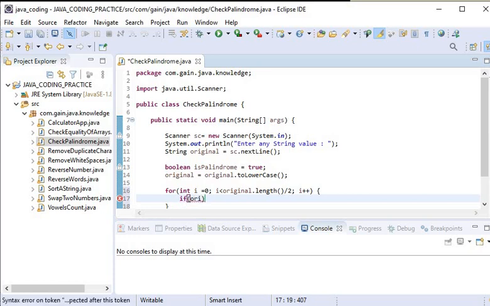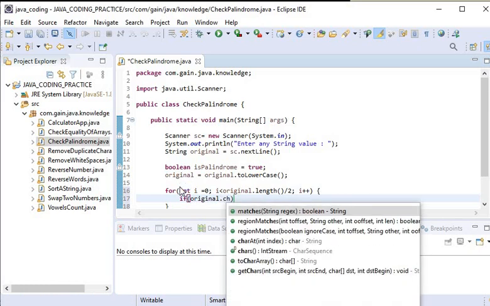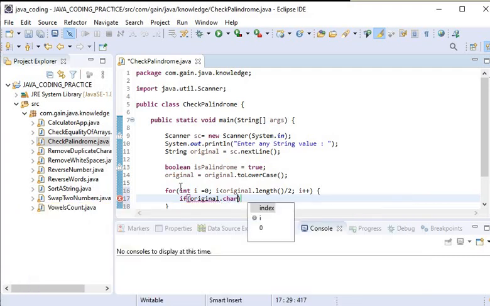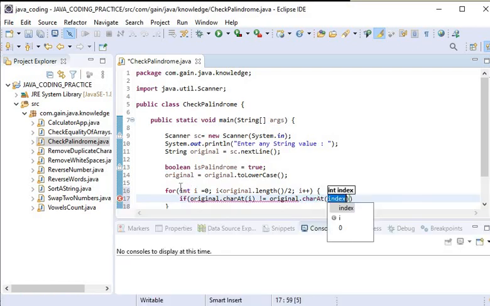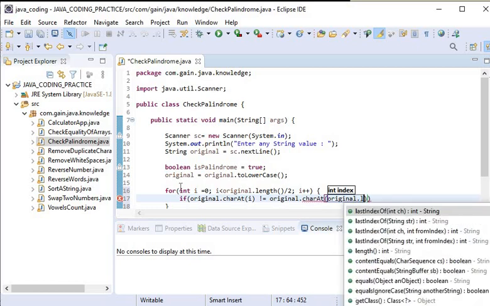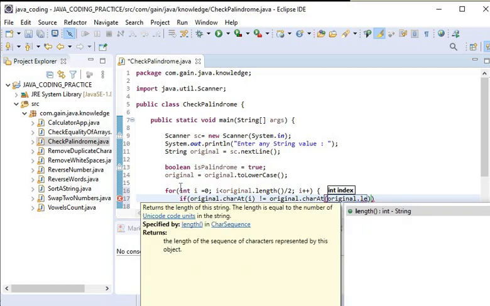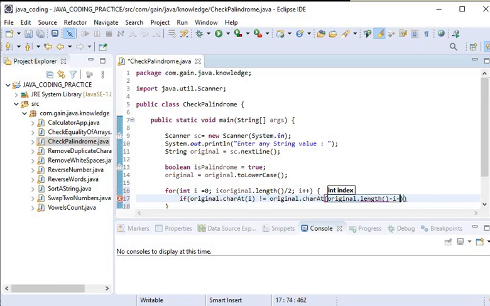original.charAt(i), that will be the i index, meaning 0, and if it is not equal to the last index, original.charAt(original.length minus i minus 1).